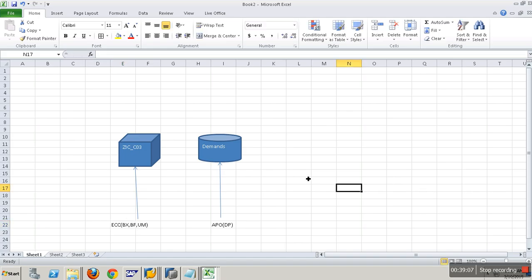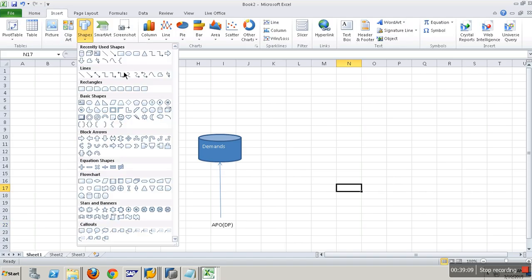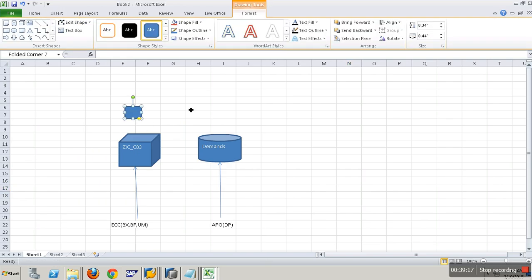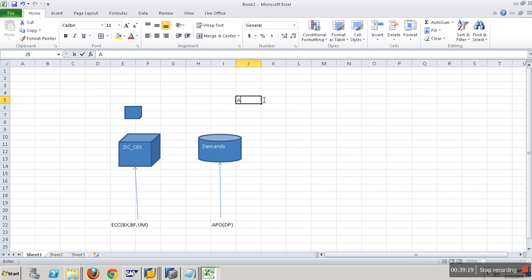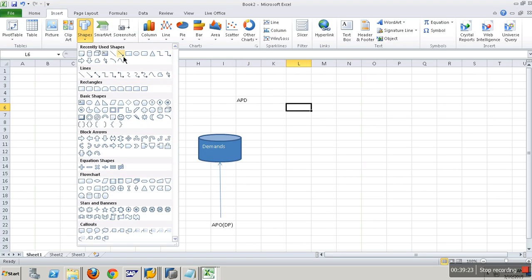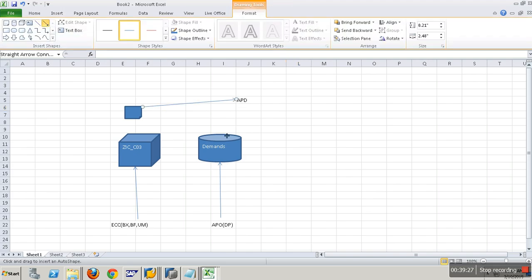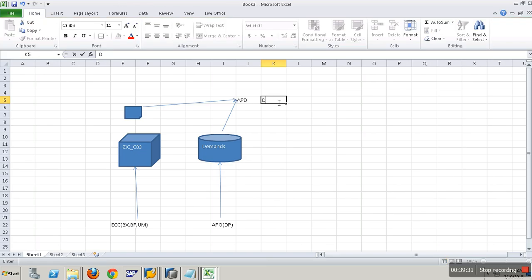So on top of this, a BEx query giving stocks. Then APD, which takes what? This query and the demands. And through APD calculate what?